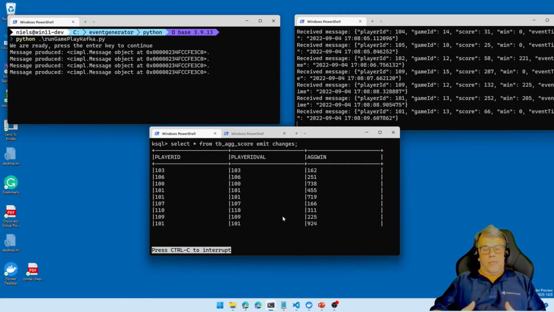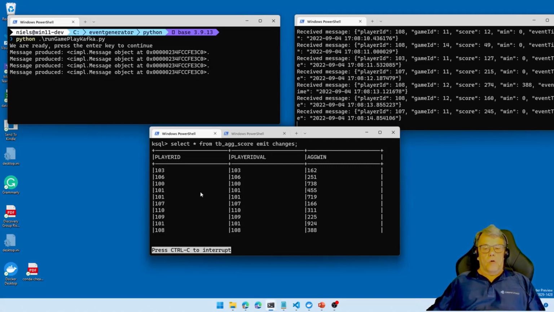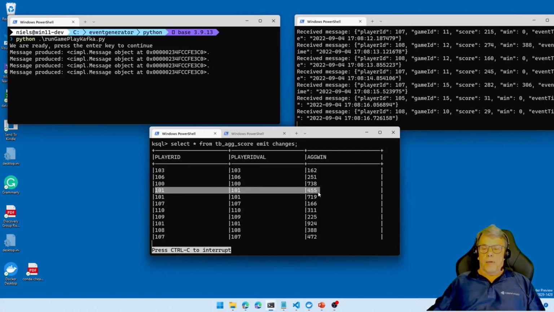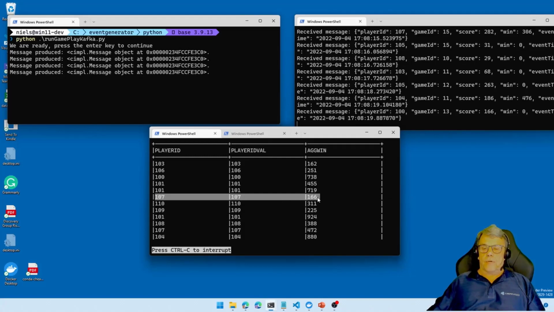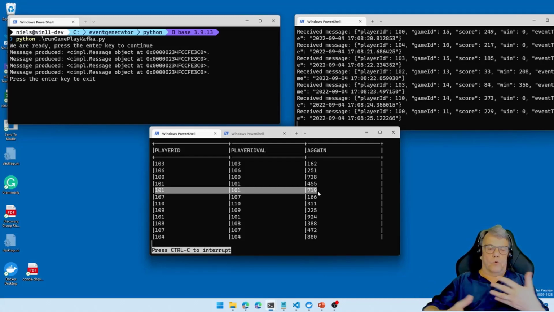But we are selecting as the data comes in, and we can clearly see how for a particular player ID, the aggregated win changes. So now we have created the basis for a leaderboard. We could now push this into a database table in order to get the right order, etc. Because at the moment in ksqlDB you still don't have an order by clause.